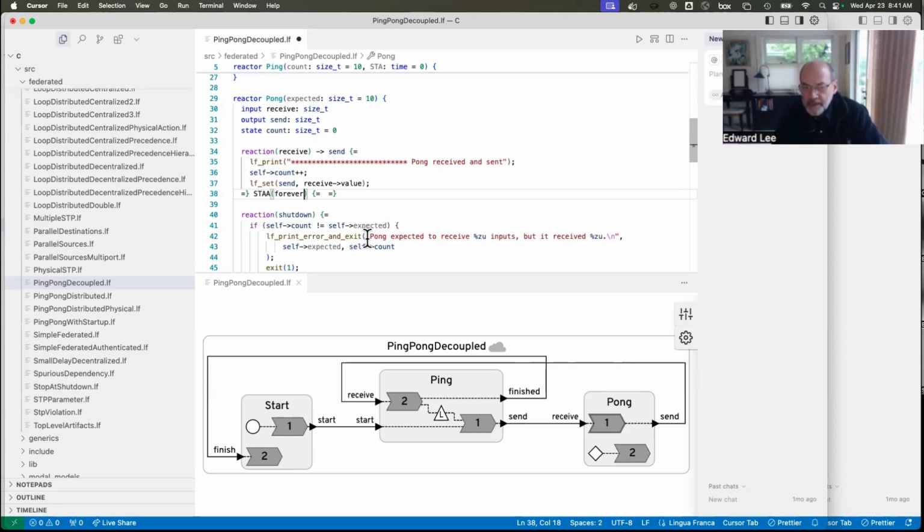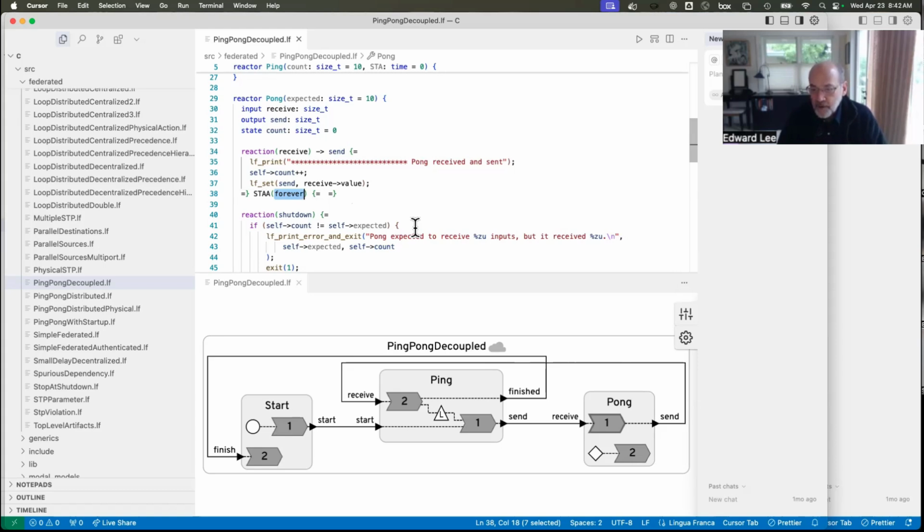Yeah, but one of the things that I'm building up to is that right now the STA and the STAA are constants that you set and they hold for the entire execution of the program. But that's often not what you want, right? So you might want at some tags to have an STA be one thing and a different tag be something else. And I have a concrete example of that, which I'll get to in a minute. But I also wanted to mention that, notice I just changed this STA from 1 hour to forever. And the reason that it was 1 hour is that another bug that I found is that if you set it to forever,